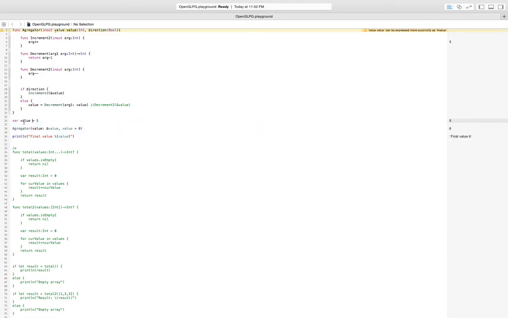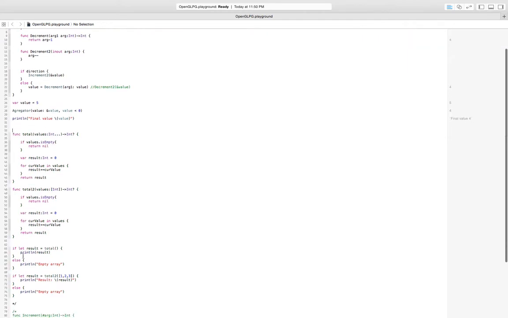We provide the input value as 5, and the direction to increment, and I have a final value of 6. If we change the direction, it will give us the decremented value. Yeah, that's great. So the second block that I wanted to discuss is how to return,